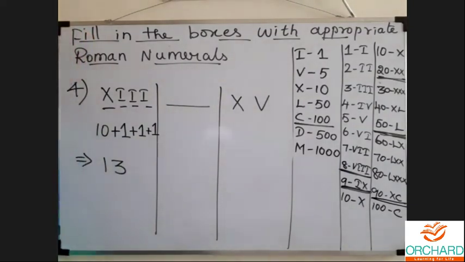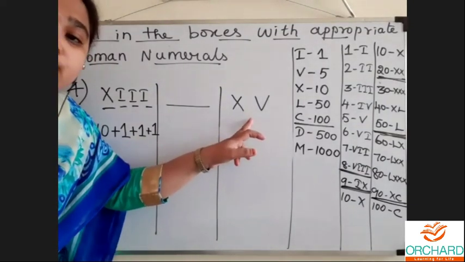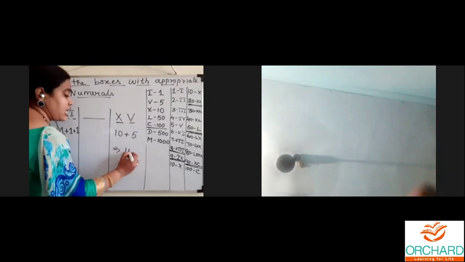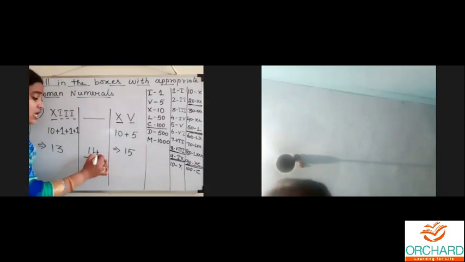Now can you find it here? Here it is also given in the form of Roman numeral. We have to express this in Hindu-Arabic numeral. Very good, Harit. So here the value X stands for 10 plus V. The letter V stands for 5. When we add these two, what do we get? 10 plus 5, 15. Very good. Can you tell me what is the middle value of 13 and 15? 14. Very good.